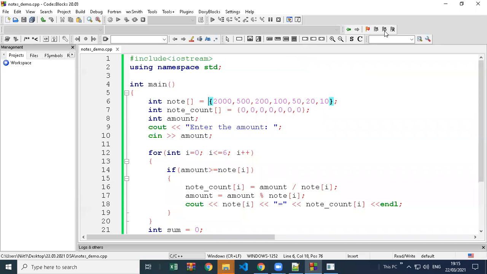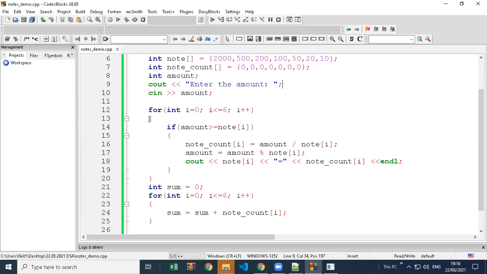So I will tell you what we used here. It's a simple and easy to understand logic. If you remember what I did in my code, when I wrote this code, I wrote 7 if blocks. Amount is greater than 2000, and then amount is greater than 500, then amount greater than 200, amount greater than 100, 50, 10. So I created the same 7 if blocks. So now we don't want 7 if blocks.